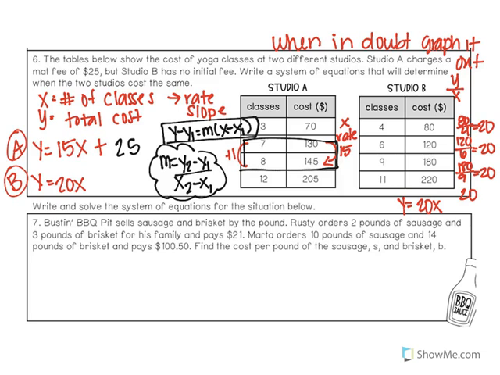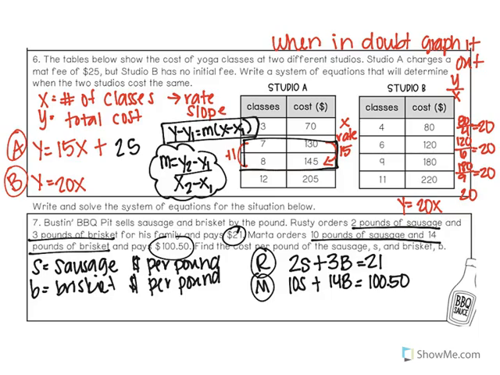We're going to write and solve the systems of equations for the situation below. Buston's Barbecue Pit sells sausage and brisket per pound. Rusty orders 2 pounds of sausage and 3 pounds of brisket for his family, and he pays $21. Marta orders 10 pounds of sausage and